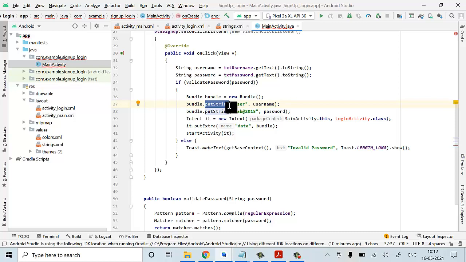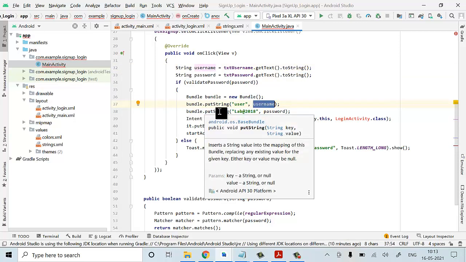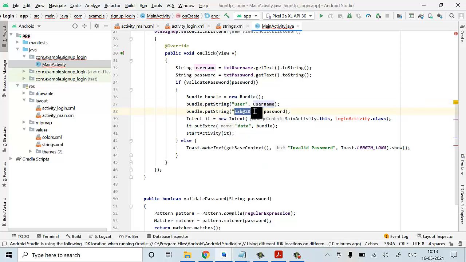For that we have a method called putString in the Bundle class. User is a key and username will be the value. Whatever username you write here will be the value. The same thing, bundle.putString again to add it: this will be the key and password will be the value. This is the storing of your data in the bundle.